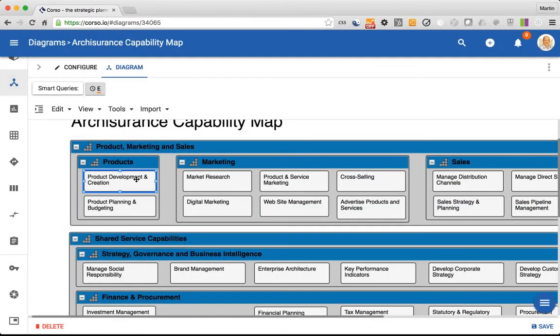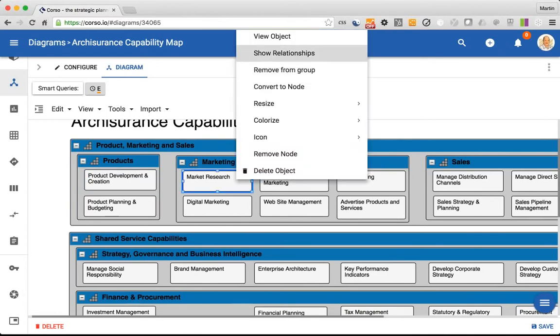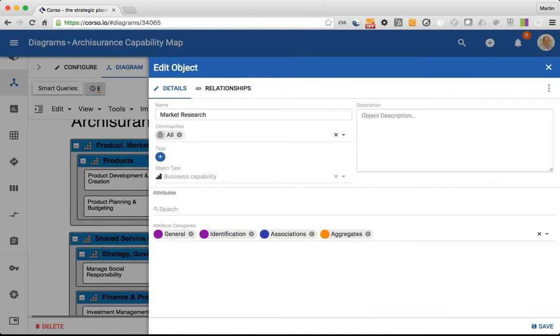Okay, these objects are all definable. So this is showing product marketing and sales contains product. It contains the marketing capability. Within the marketing capability, I've got market research, product and service marketing, cross-selling. So if I open up and have a look at market research,